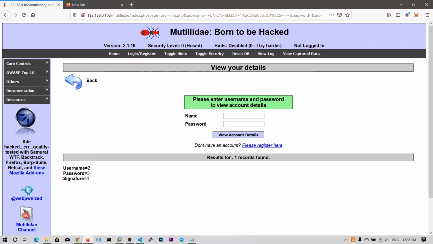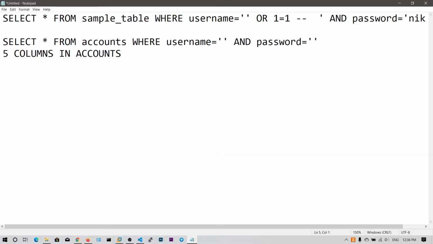It means that the username is the second column of the accounts table, the password is the third column, and the signature is the fourth column. We don't know 2 columns, the first column and the fifth column. So columns 2, 3, 4 are known.